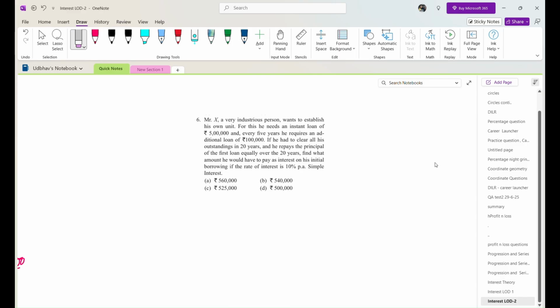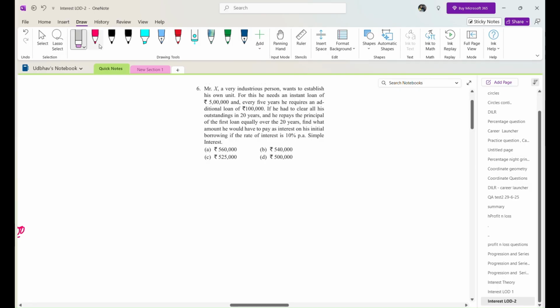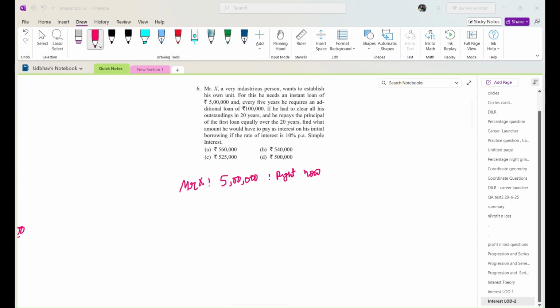Okay, so let us first write this properly. Mr. X has 5 lakh rupees right now. Every 5 years he needs 1 lakh more. That means